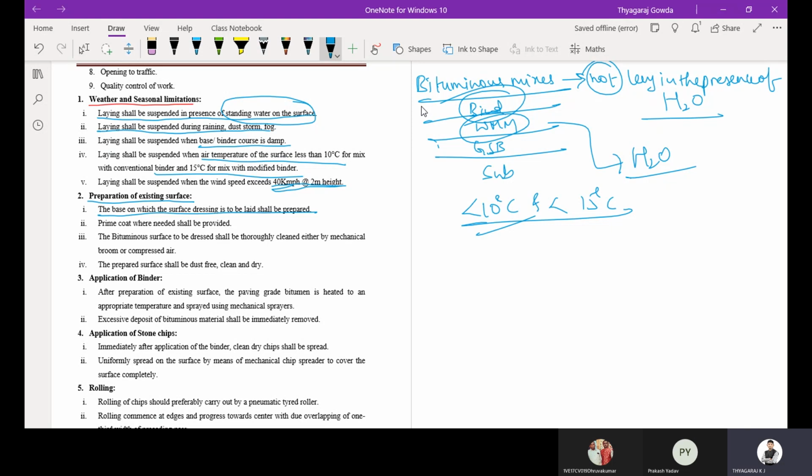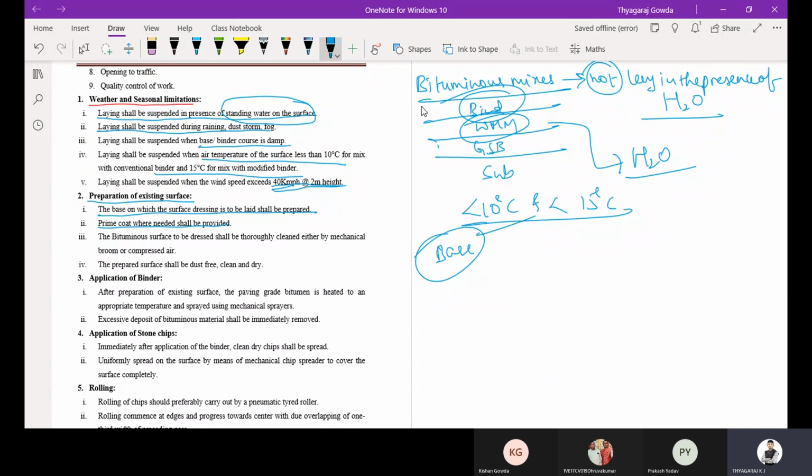Then prime coat: wherever the prime coat is necessary, you are going to put the prime coat. Usually the base layer will be the base course or the binder course. So it should be laid and prepared cleanly. Then prime coat wherever needed shall be provided.